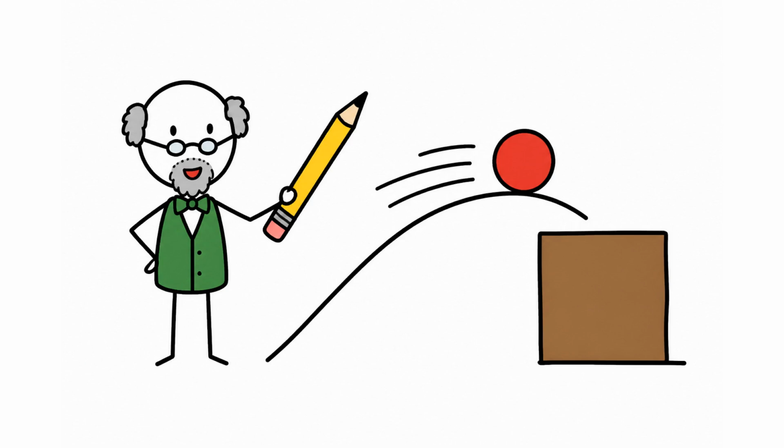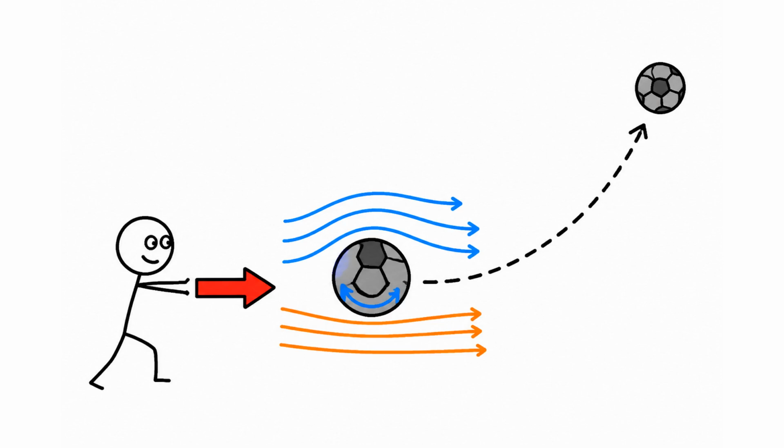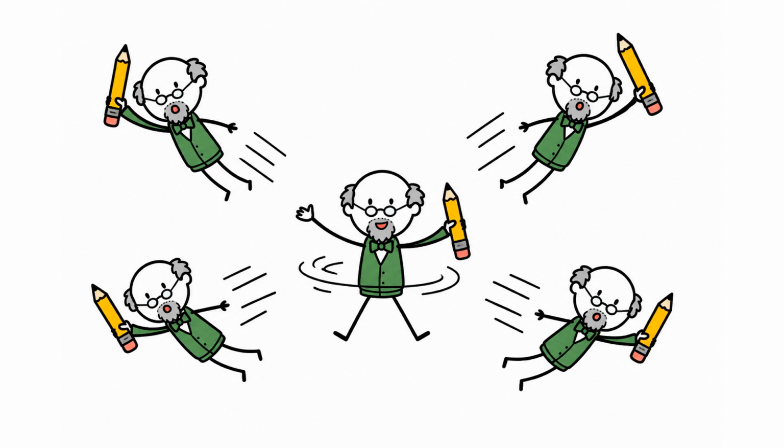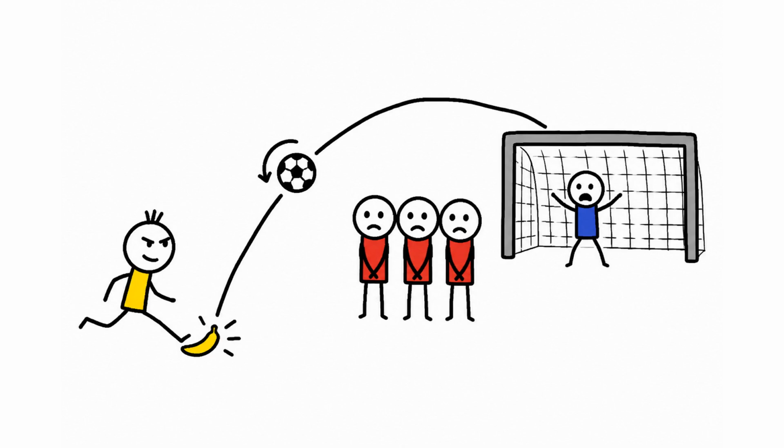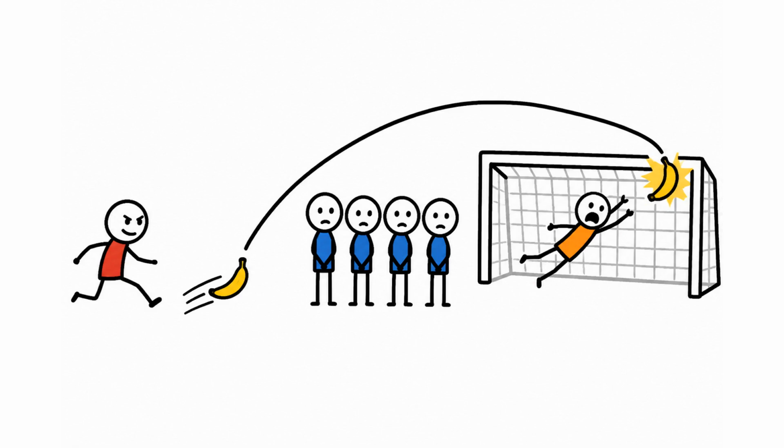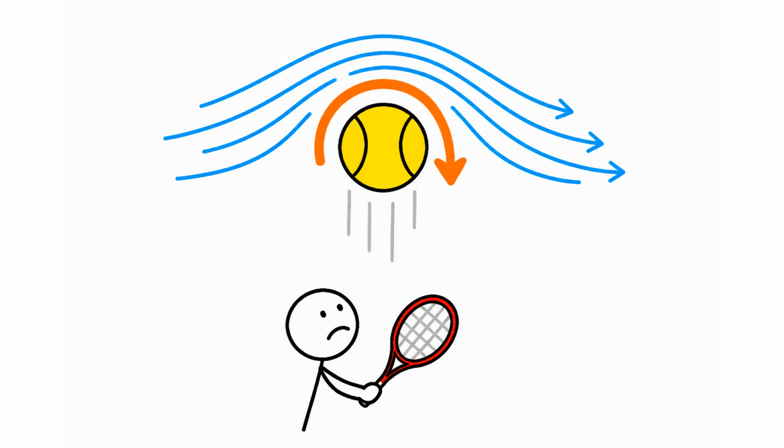Spin the ball sideways, and the fast side is on the left or the right, so the ball swerves left or right. That is the banana free kick, curling around the wall. Now spin the ball backwards, so the top of it is spinning back toward you, called backspin. That makes the air rush faster over the top, so the weak push is on top, and the strong push underneath shoves the ball upward. The ball floats, hanging in the air, refusing to drop the way you expect, sailing farther. That is the long fly ball that seems to hover.